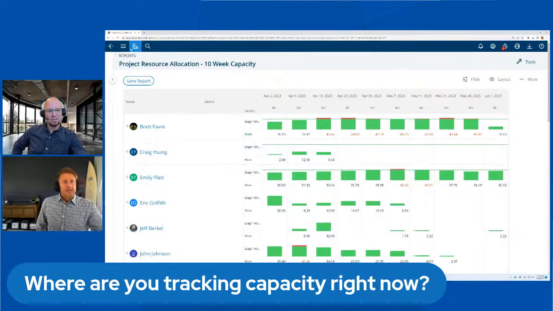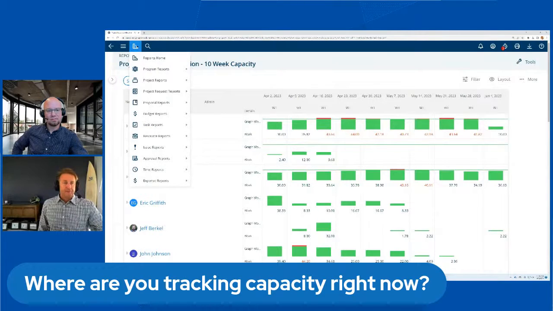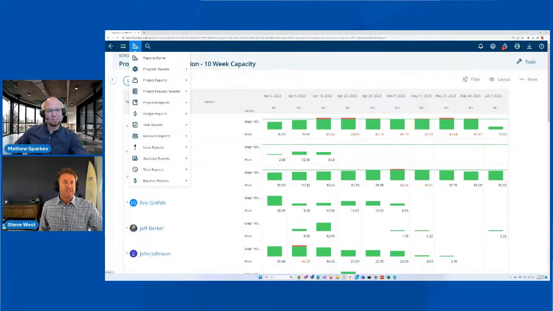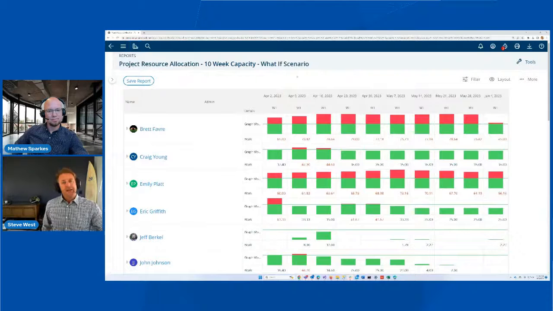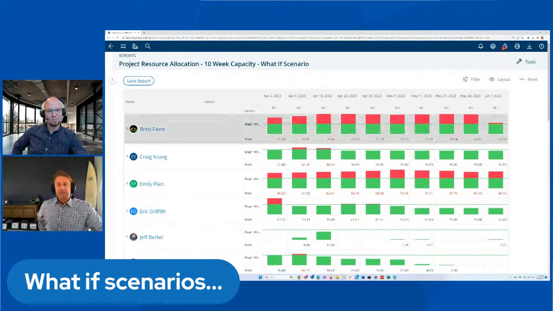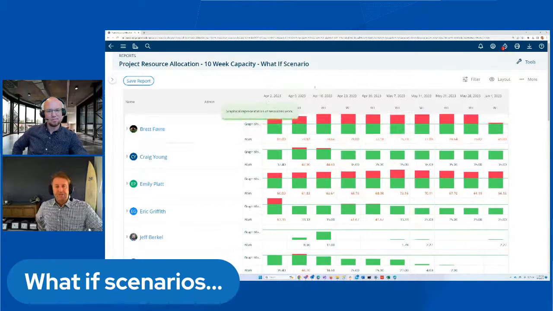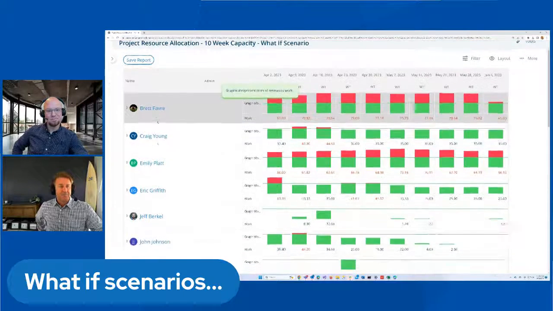Yeah. And I think I see a question here about what if, and we were planning on showing a what if scenario. So let's talk about a what if scenario. I already saved a report. By the way, these are our saved reports. Any report you save just shows up here. Here's a what if scenario where just a minute ago we didn't have the what if project in there. I showed Brett Favre